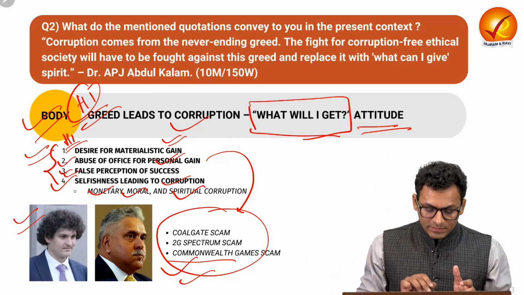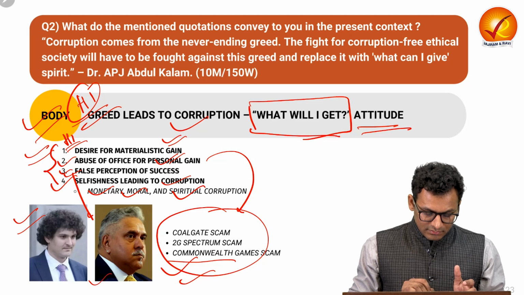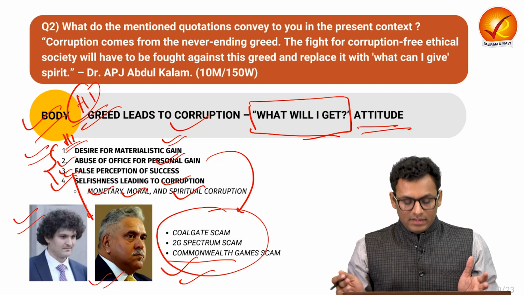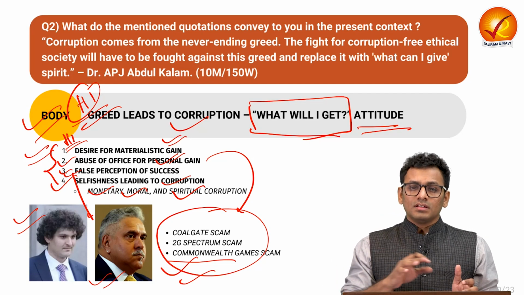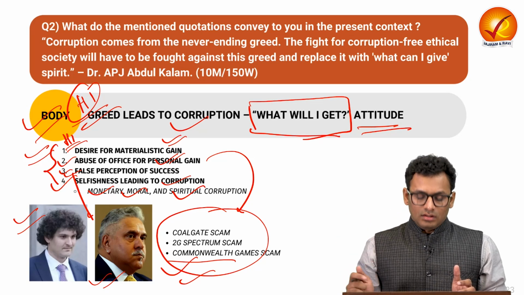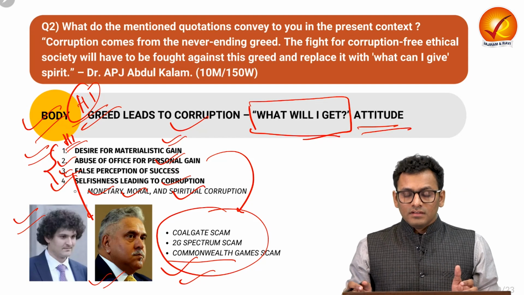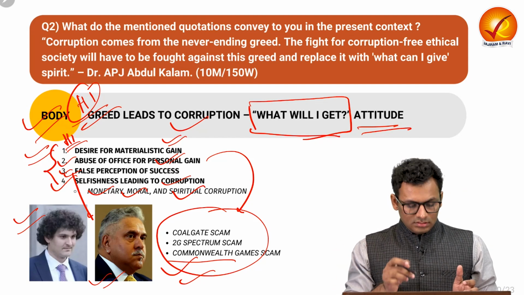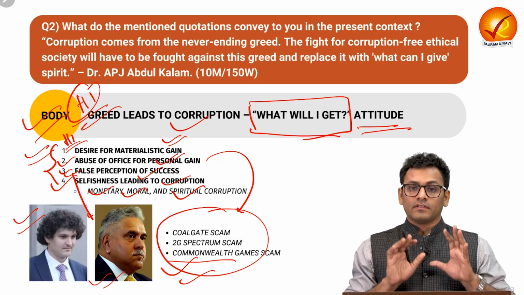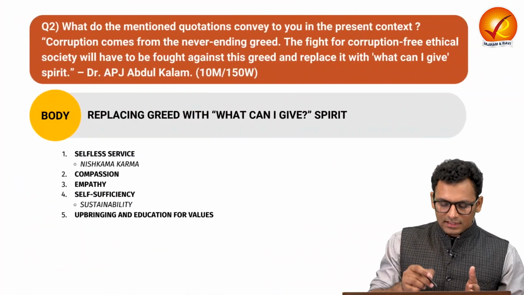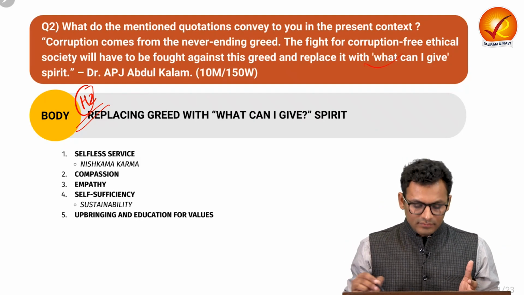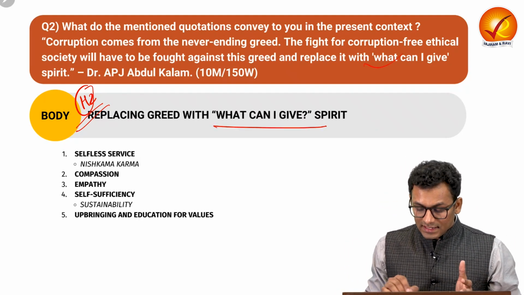You can also talk about false perception of success, how Vijay Mallya took loans and never paid them back, creating the menace of NPAs. Over here, he was trying to live a very grand life in public, through giving a false perception of success. So you can give that kind of examples over here. Now let's see the heading 2. Heading 2, you can talk about the second part, which is replacing the greed with what can I give spirit,